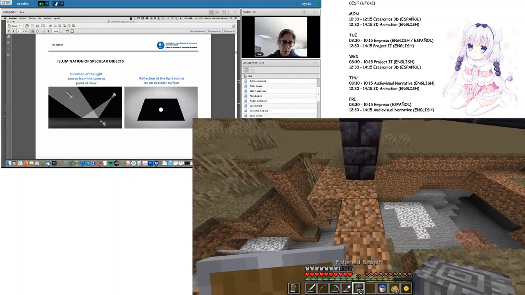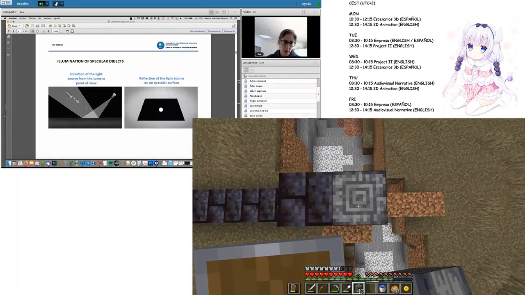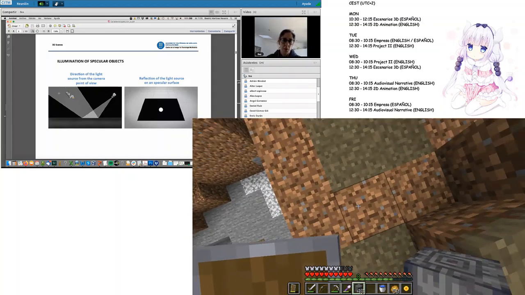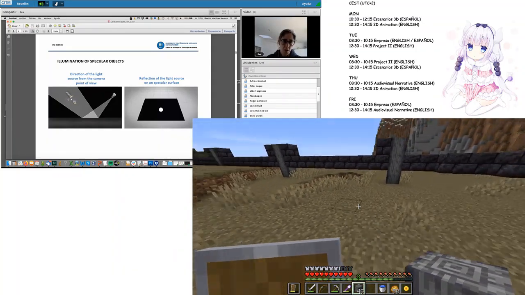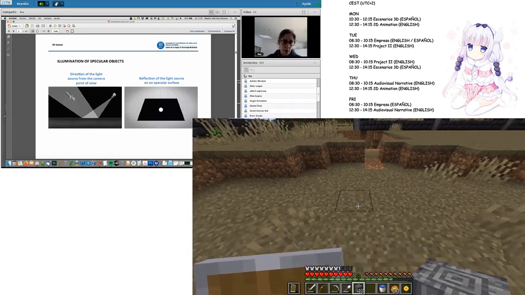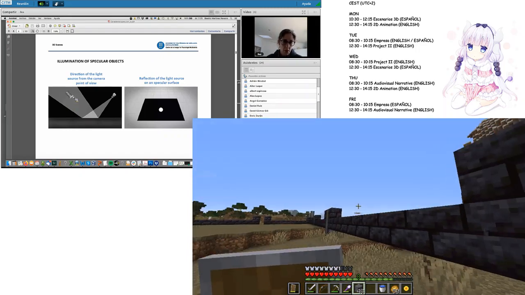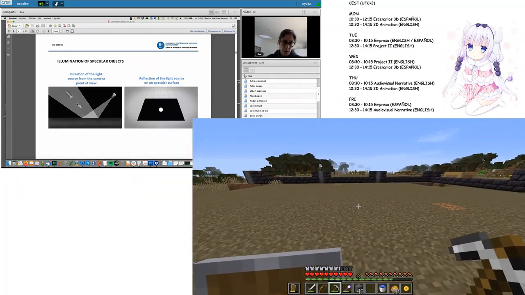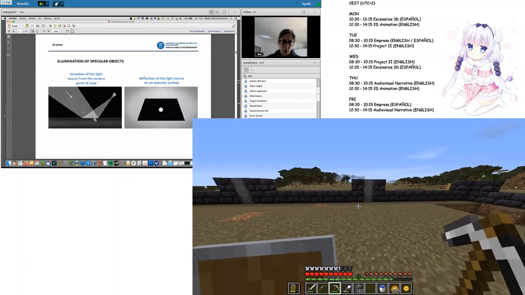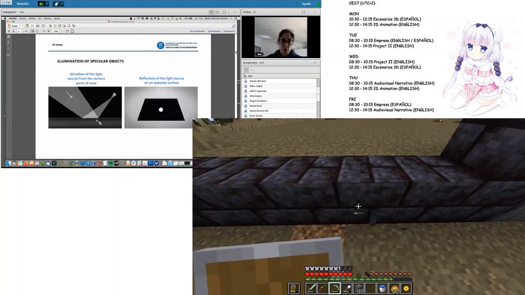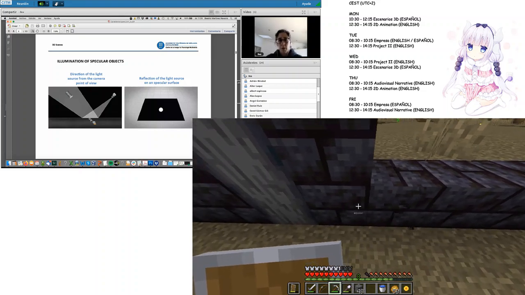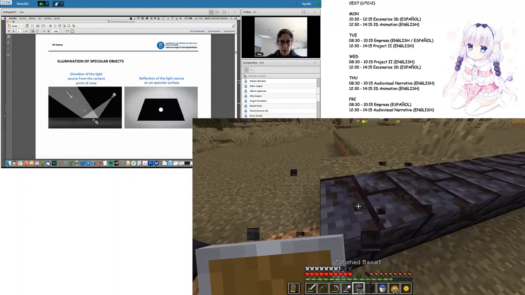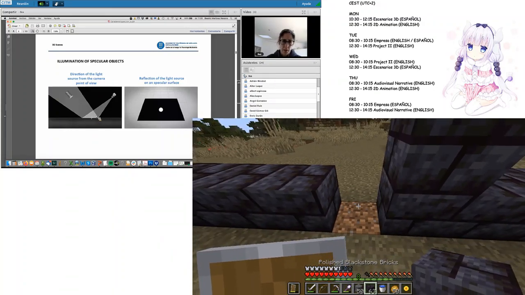So if we draw it like this, we have this area which is called the group of angles, and this is an area in which, if I put the light source, the direct light source, for example, all the light beams that come from this light source to the surface, if the surface has a specular behavior, reflect here with the same angle, and they come directly